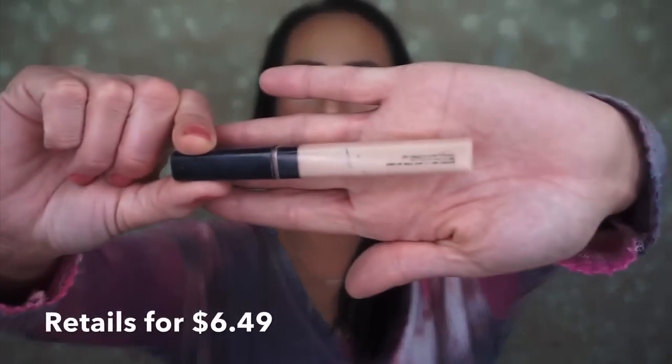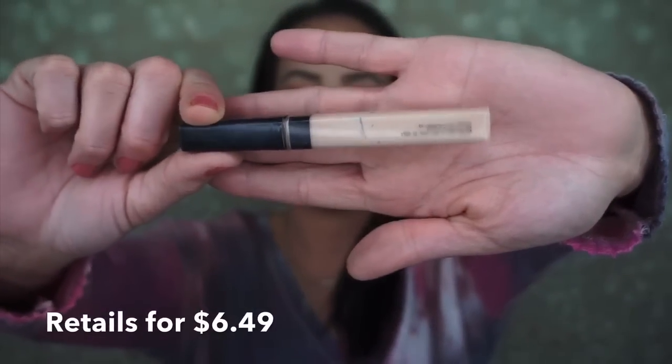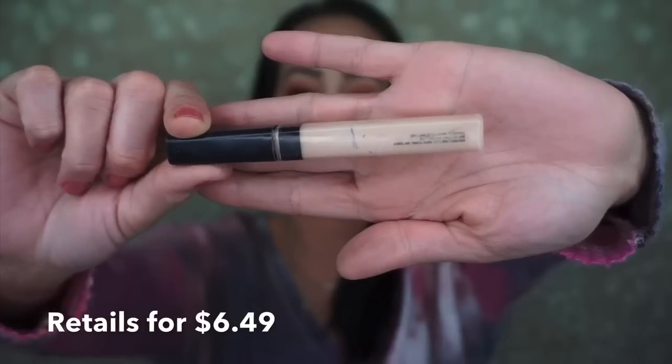This one is the Fit Me concealer, and this is in the shade 10 Fair, and this is a little bit dark for me right now. I was using this in the summer because I was tanner, but I do like the Fit Me concealers. I think that they're pretty good. They do a pretty good job covering up my dark circles, so I do like this. I do like this one a lot,